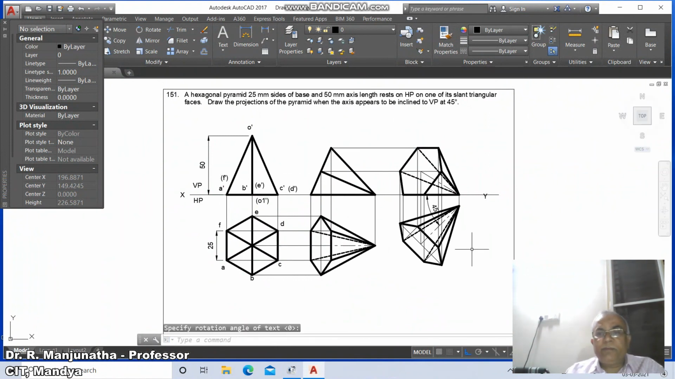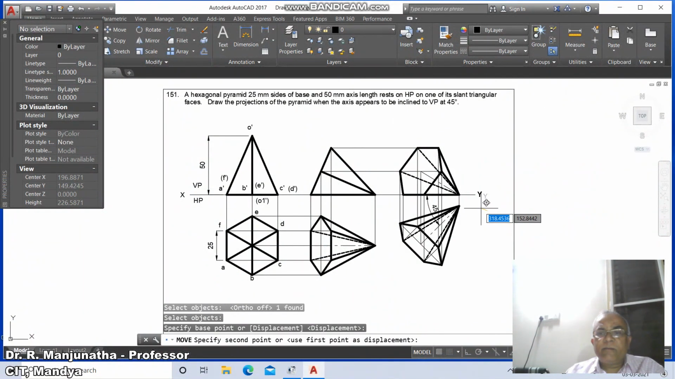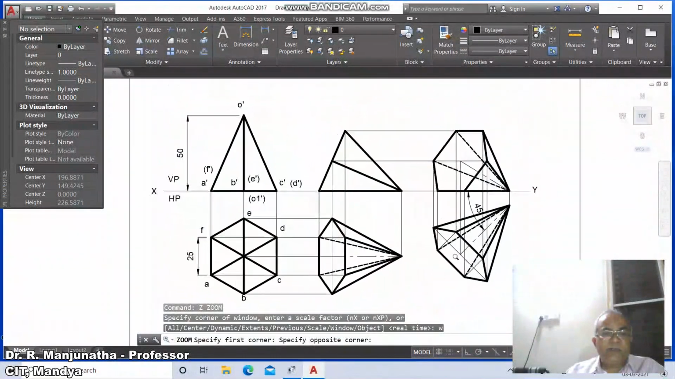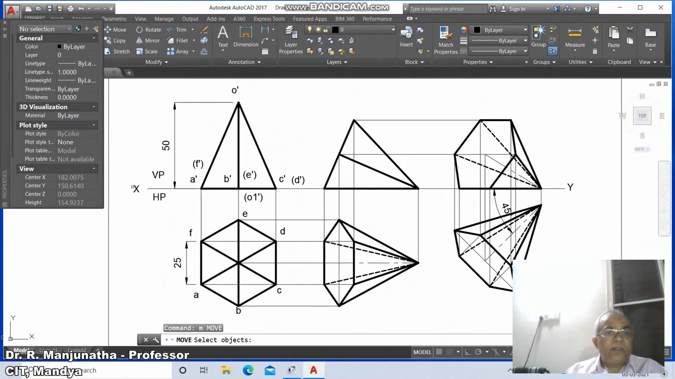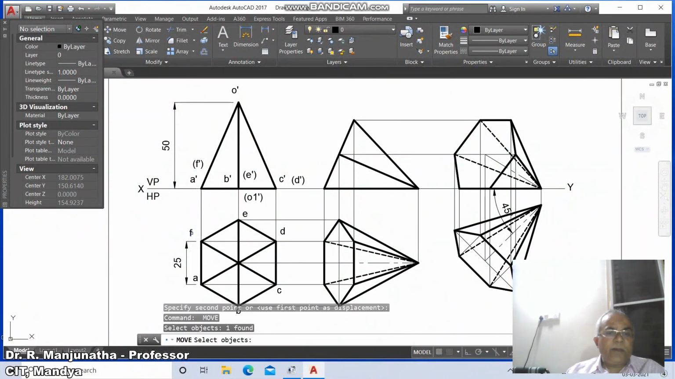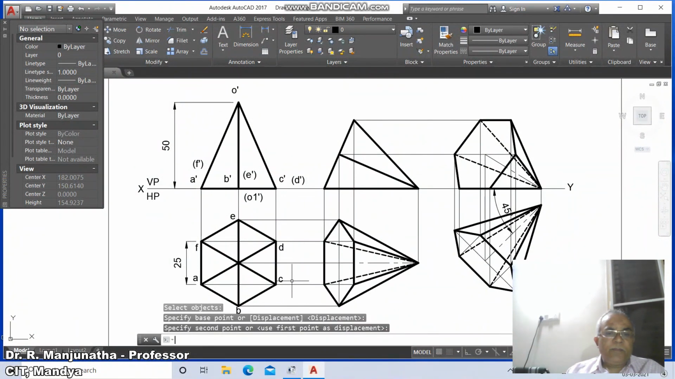Then go to break, select this and break it here, then go to move this Y here, then go to zoom window, select this and bring it near to the screen, then go to move, take X and you take VP and you take HP, here you take A, here you take F, here you take E, here you take D, here you type C, here you type E,